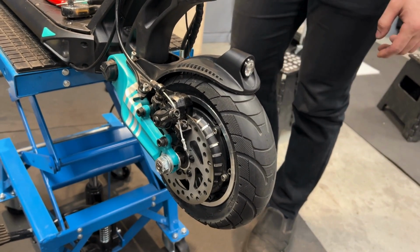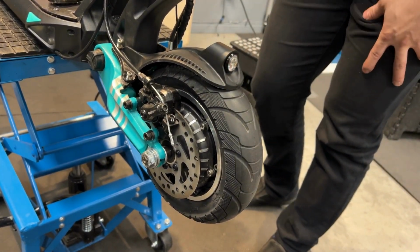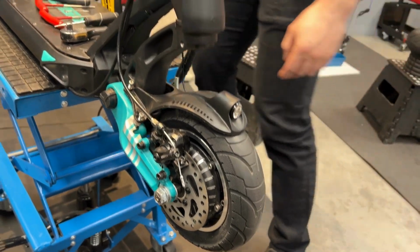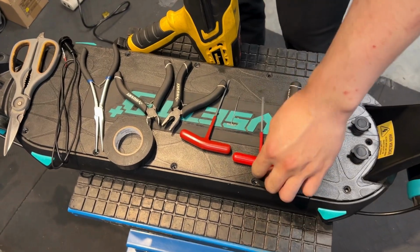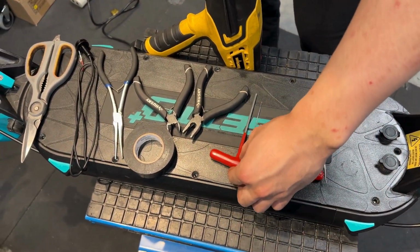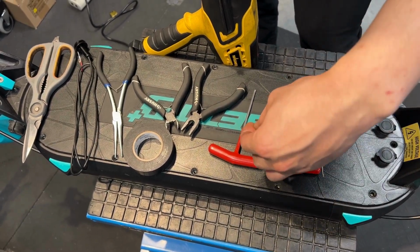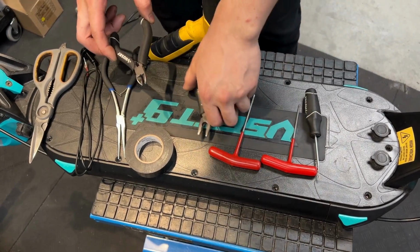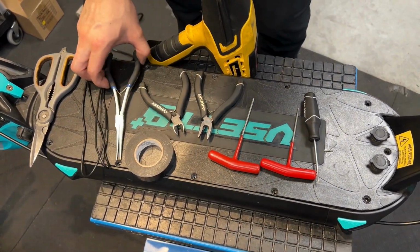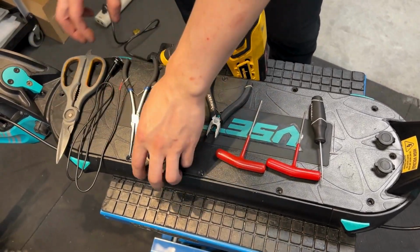This is a video on how to change your mudguard headlight for the front on a VSETT 9 Plus. So the tools you'll probably need are a pick, a 2.5mm Allen key, a 3mm Allen key, a sewing needle, a pair of pliers, a pair of cutters, needle nose pliers, a replacement light, scissors, some electric tape, and a